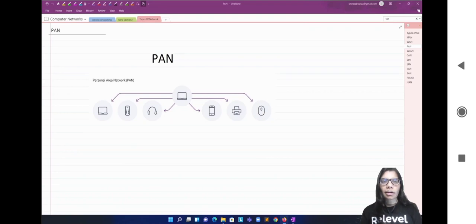So here you can see the diagram of personal area network. Actually, it is a short range network topology designed for peripheral devices, usually about 30 feet, that is used by